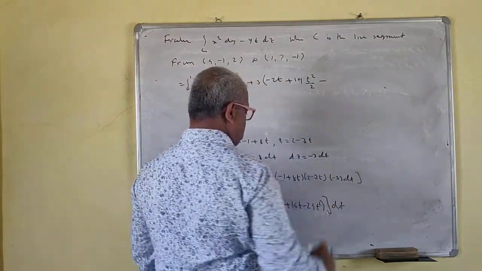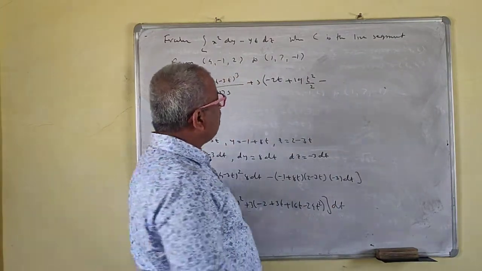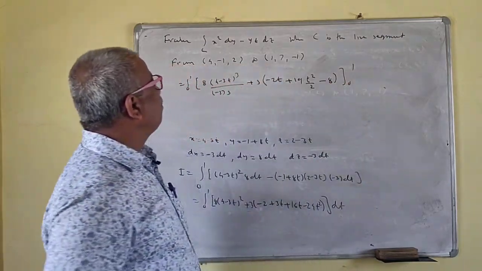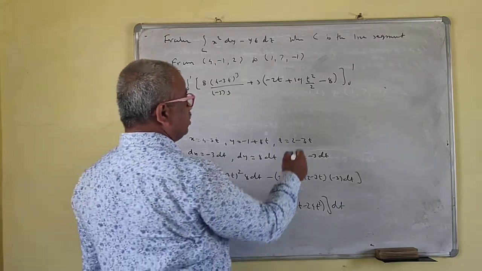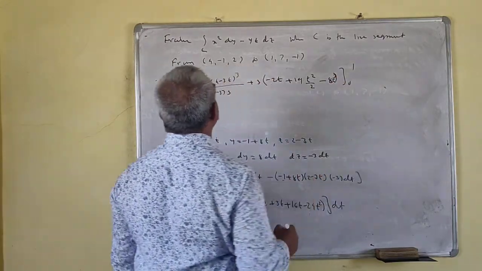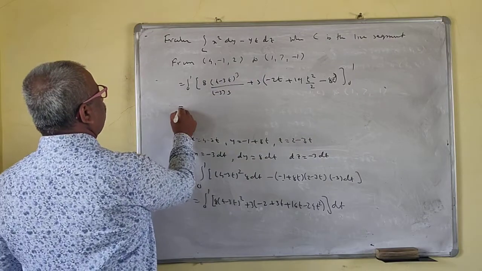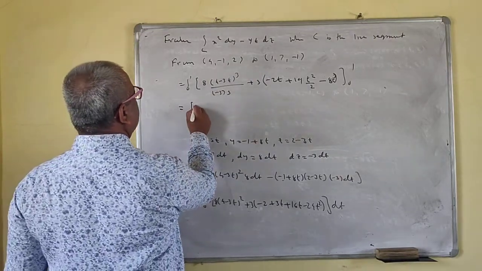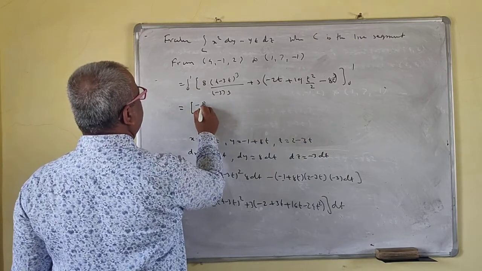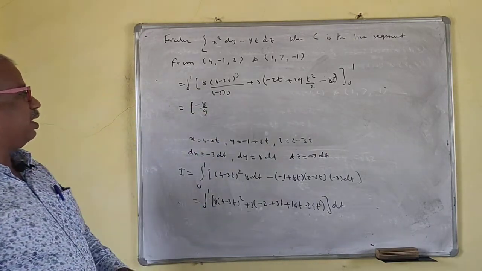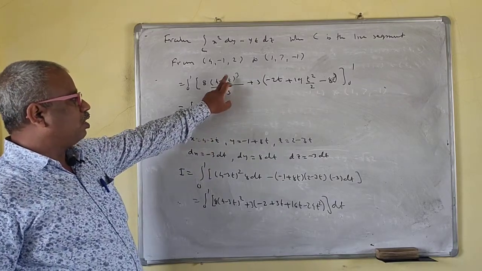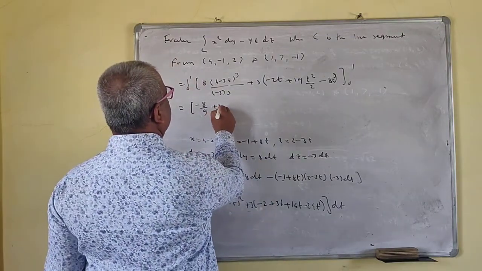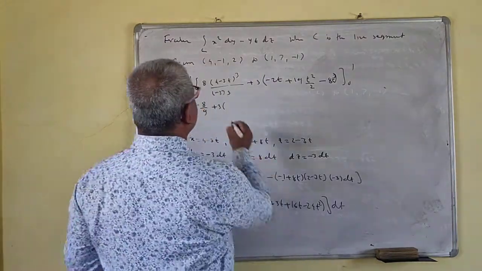minus, this is t cube upon 3. So this is minus 8 now, minus this. Okay, so 0 to 1, 8t cube. If you put t is equal to 1, so this is what? Minus 8 by 9. This is minus 8 by 9. If you put t is equal to 1, so this is the 1 now here. So if you put here plus 3 into 1,